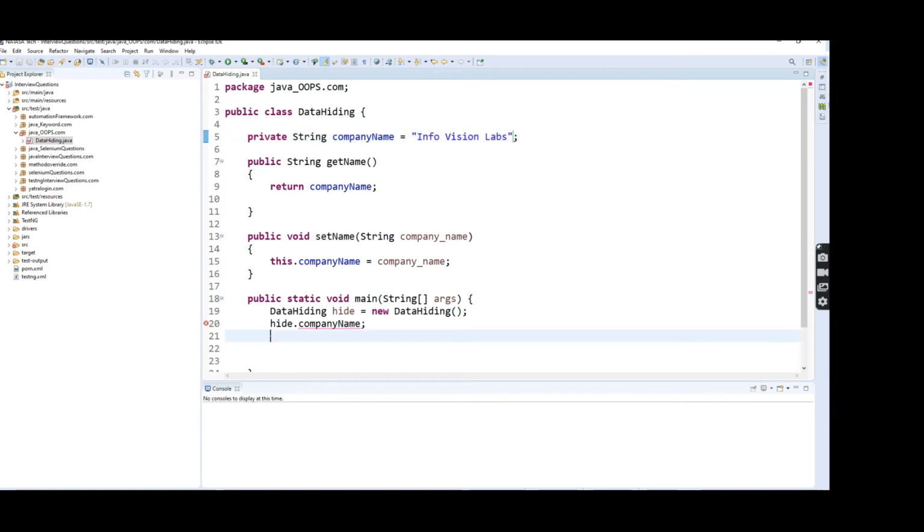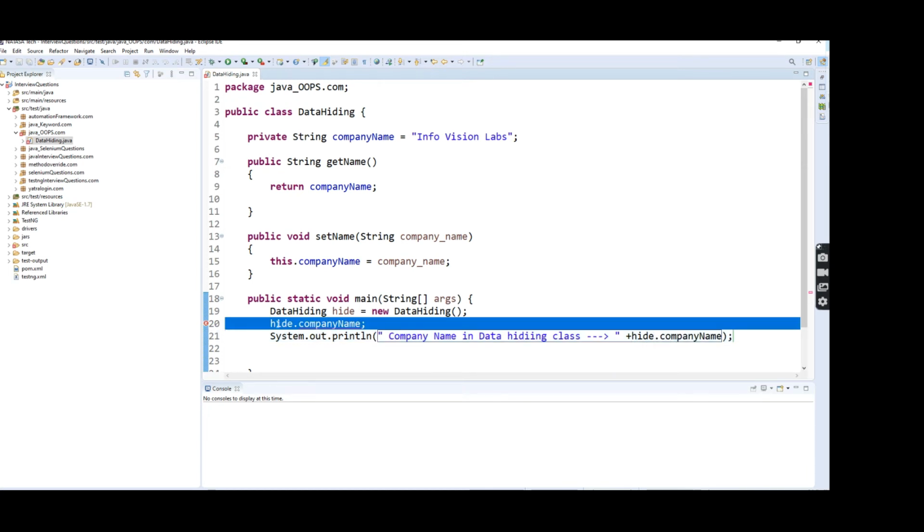Here I'm going to print this statement: System.out.println company name in data hiding class. What is the one? Hide dot company name.